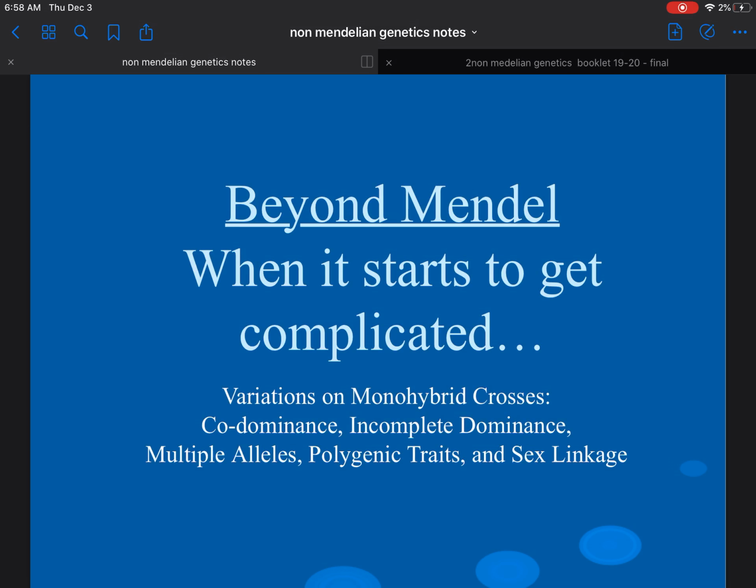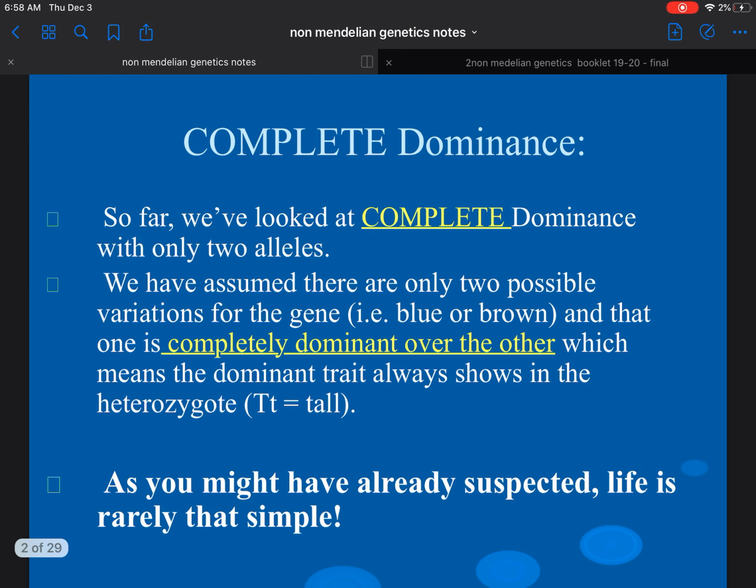Okay, so we are going to talk about non-Mendelian genetics. And when it starts, it gets a little complicated. So we're going to look at variations on monohybrid crosses: codominance, incomplete dominance, multiple alleles, polygenic traits, and sex linkage. So just to get started, complete dominance is where